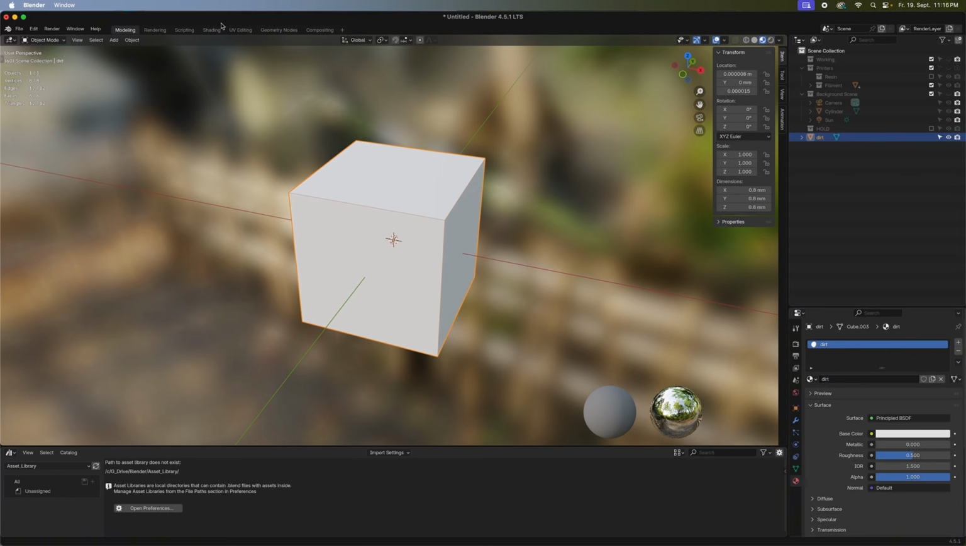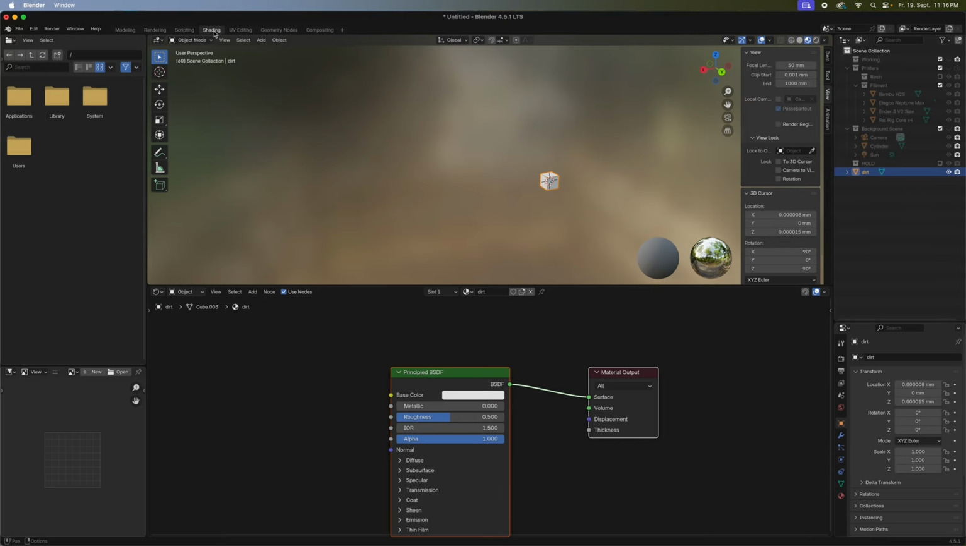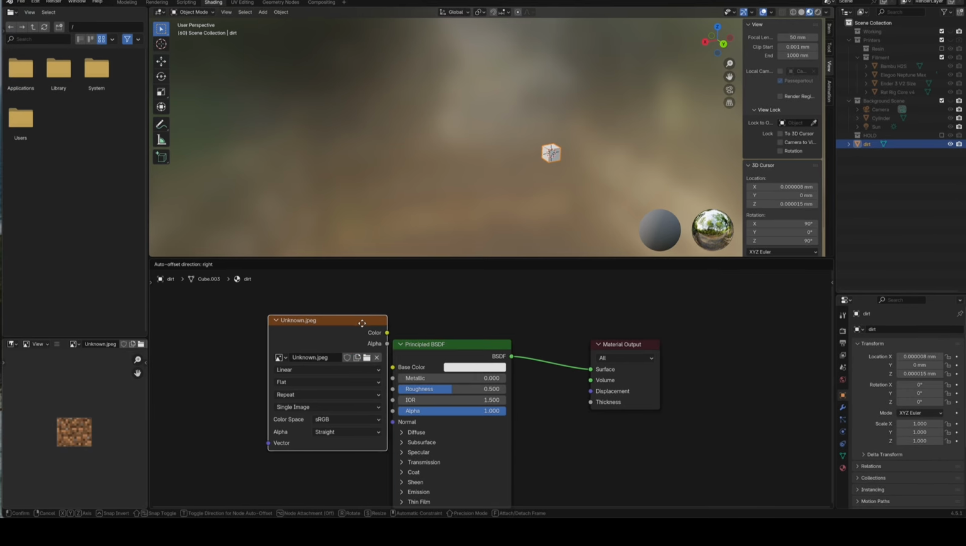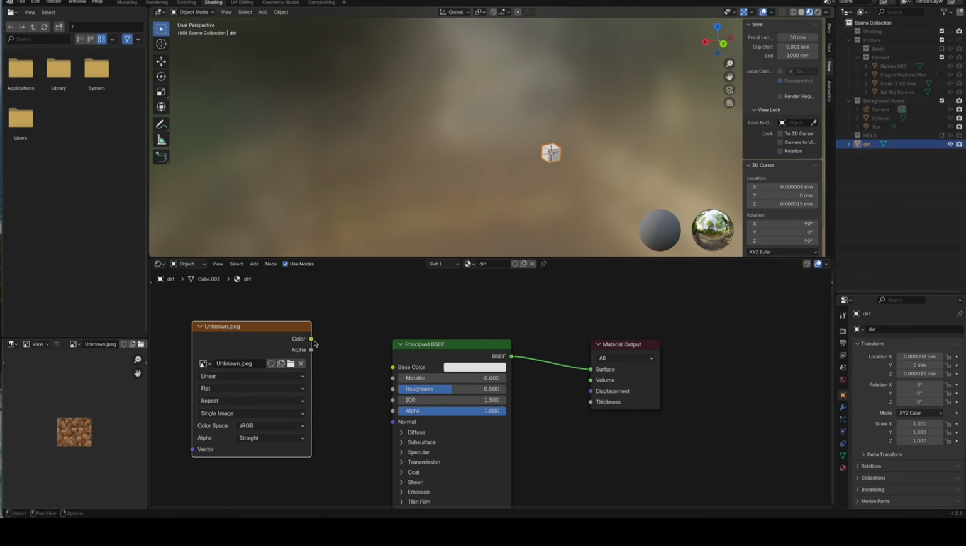Then you're going to go into shading. And you're gonna get that texture and load it right into here. Let me go do that. So here I got my texture. Let me put it here to the side, and you're going to connect the color with the base color just by doing this. So you're going to see a dirt block like that,